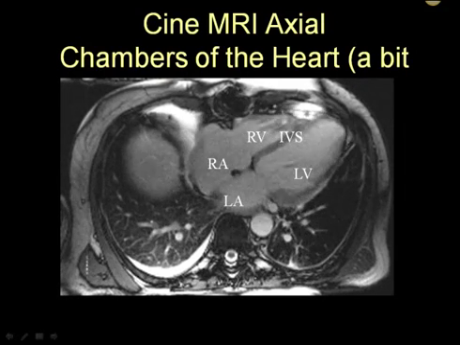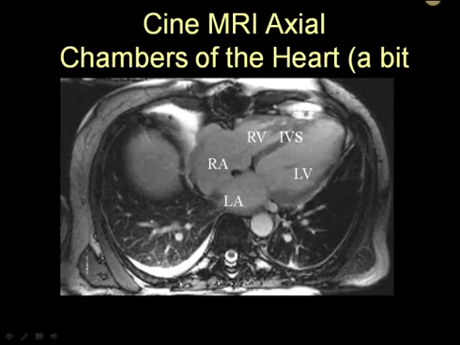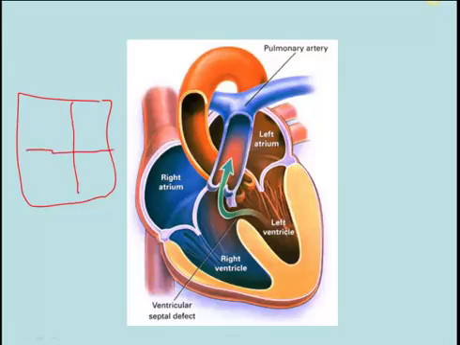Alright, so there are the 4 chambers of the heart in an axial, kind of a quasi 4-chamber axial. Now there's that ventricular septal defect that I was actually talking about. Obviously we got something out of the way here. This is kind of the classic picture that you see, the 4 box. Remember what I was talking about? You kind of go like this, and then you divide it in half again, and then you've got atria here on top, and atria here, and then you've got ventricles down here. I'm too lazy to type right and left. You see the exact same thing here. So even though this is not, strictly speaking, the way it actually looks, for two-dimensional image purposes it serves to